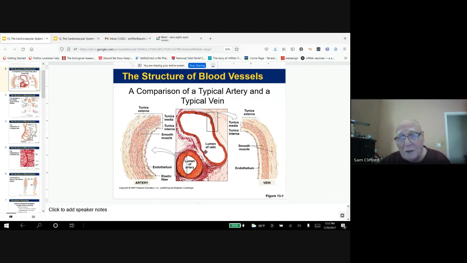Veins have a much larger lumen, which means the opening in the center of a vein or artery that carries the blood. The veins can act as a storage place for the blood, and that's because they're much bigger, they're irregular in shape, and they have a much thinner wall with muscle in it. So the structure of the artery and the vein indicates the function of receiving the blood,